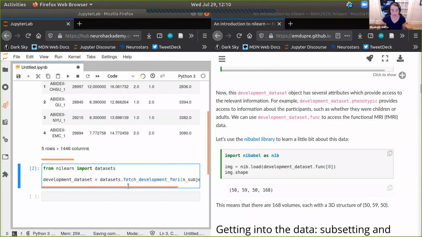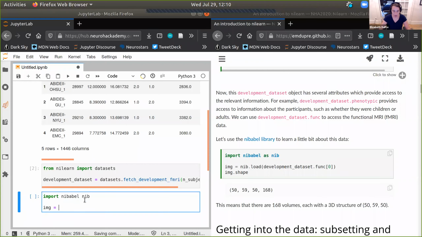So first, let's just go ahead and do that for the first participant. If we do import nibabel as nib, image equals nib.load, and then we're just going to call the development dataset that we just created, func, and I'm going to pass the 0 index to mean the first participant.